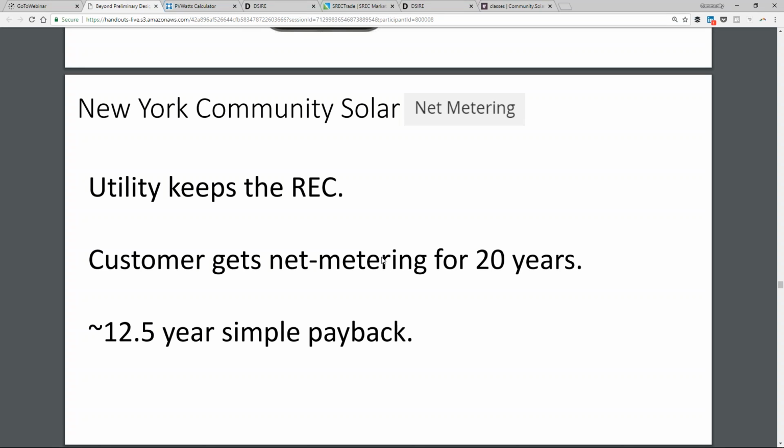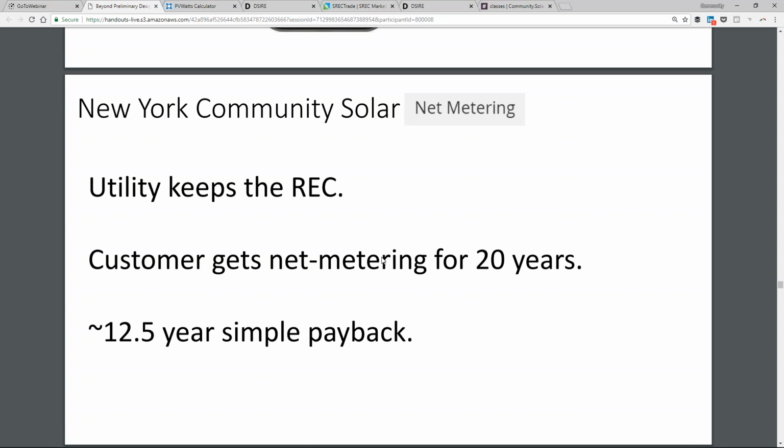So it's almost just like you bought the solar array and put it on your rooftop and you have net metering and you get that retail credit, but the array is located off site. And the payback is about 12 and a half years. Then again, you're not doing any management, you're not putting up the real estate, no one's poking any holes in your roof, and the utility gets to keep the renewable energy credit, which is interesting because New York is a state that may value renewable energy credits,